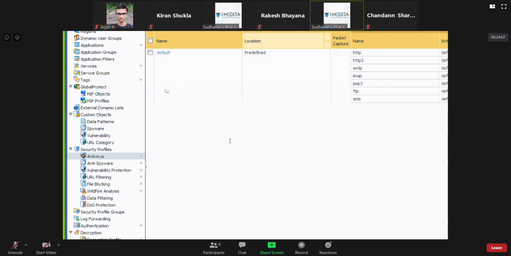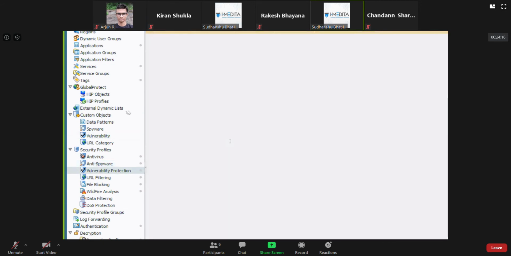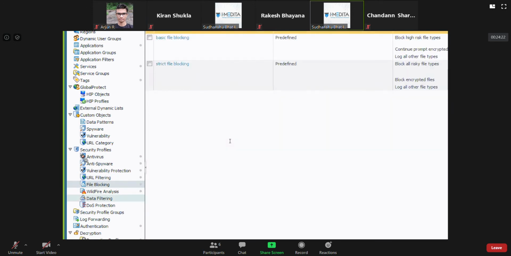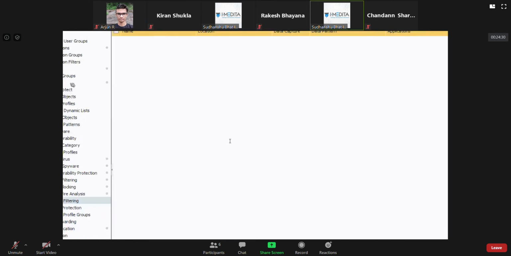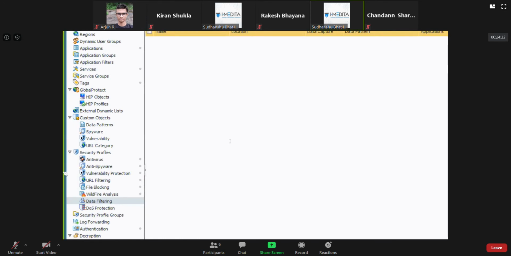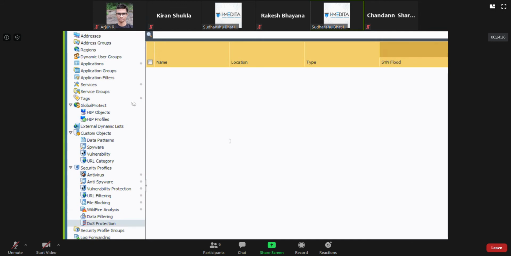I have not touched this. It's a predefined profile, not created by me. Anti-spyware, there are two predefined. Vulnerability protection, there is a predefined one. URL filtering, predefined. So most of them have predefined options. But there are some which we don't have, like data filtering. There's not any option for that. DoS protection, there is no option for that.